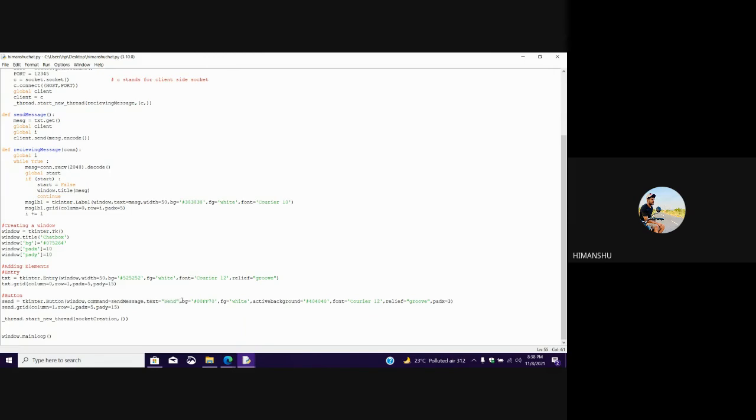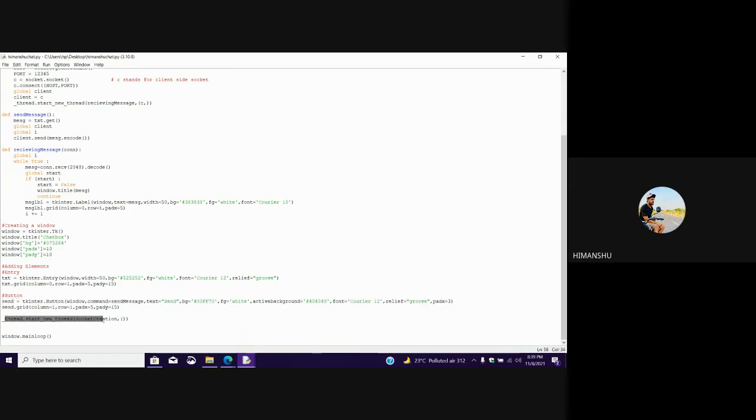Text equal to send, background, foreground, active background, font Courier, text size, relief, padding in x 3, and again use grid, so messages are received and sent in row and column form.